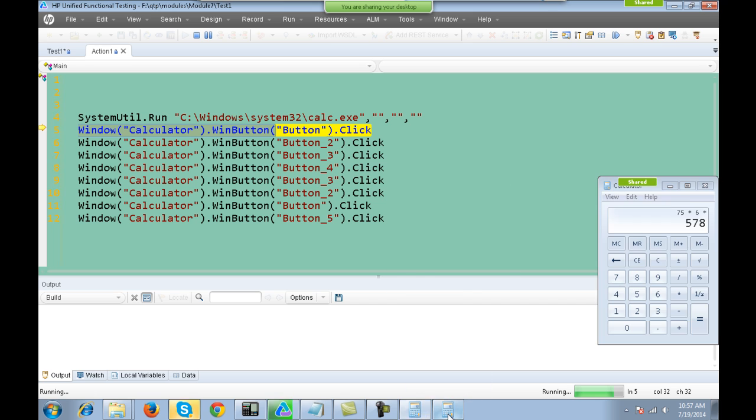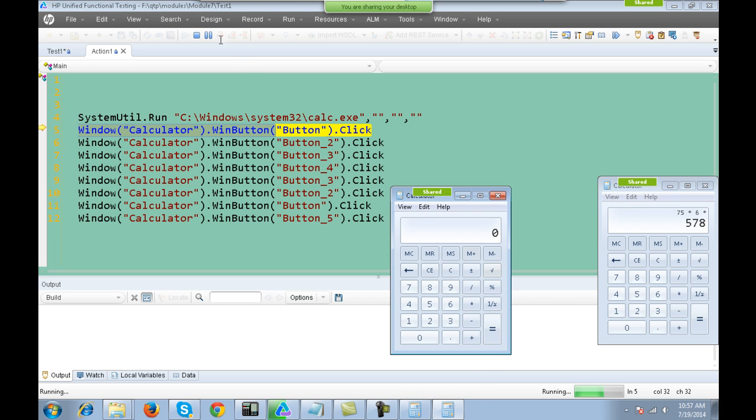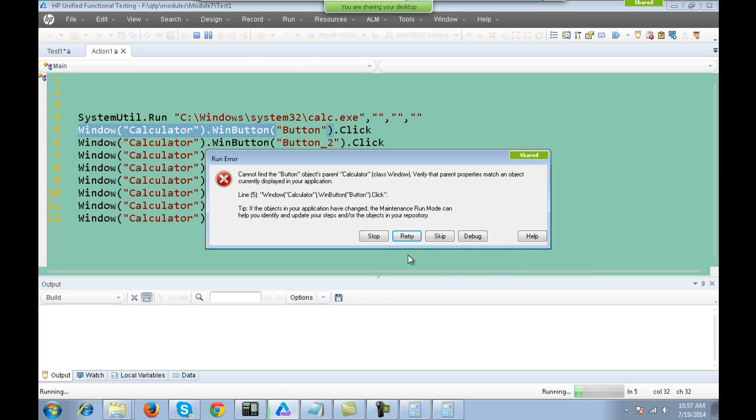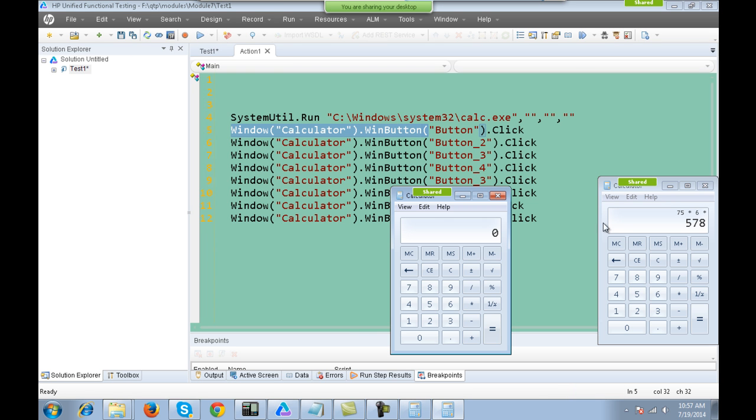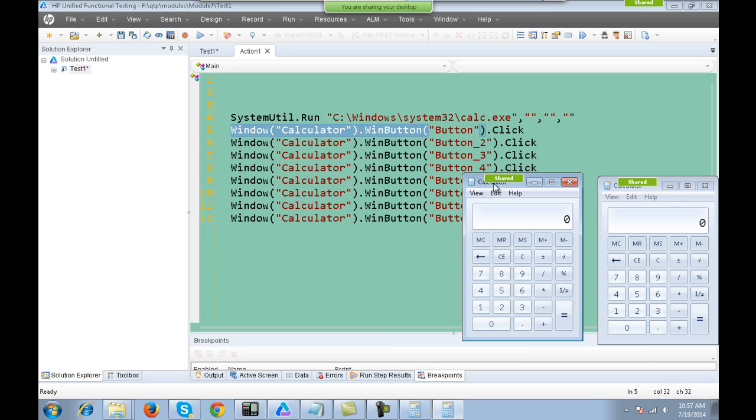Well, the reason for this is because, when you are working with UFT, make sure while running a Windows based application, only one instance of the Windows based application should be opened. At times this can give an issue. You should not open different instances of Windows based applications.